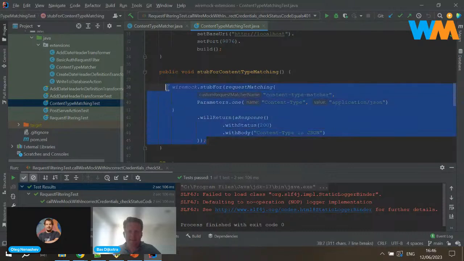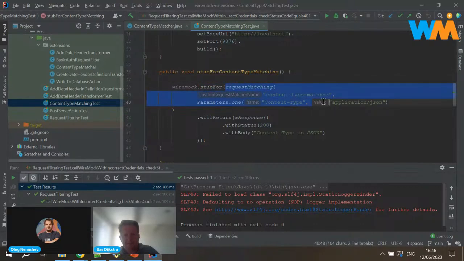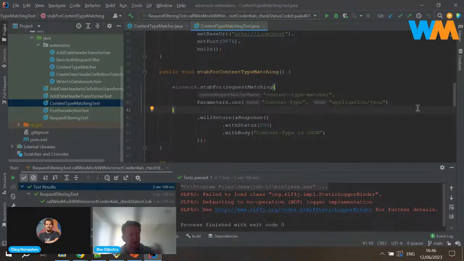This is where I write my mock definition. I stub for a request, and this is where I pass in my custom request behavior, my custom request matcher behavior.